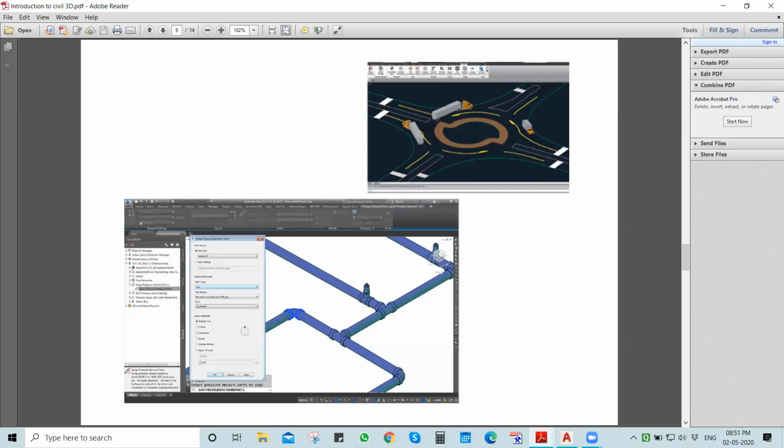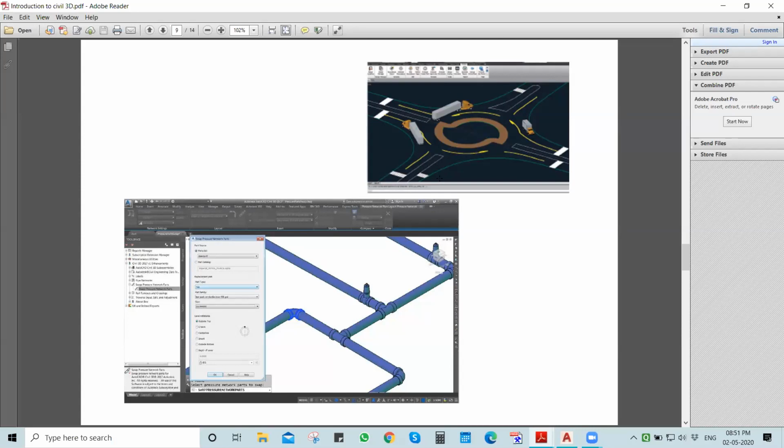With respect to that, we also derive the values using Civil 3D, like how much cut is going to be there, how much fill is going to be there, what the elevations would be for the proposed ground, proposed house, what the slope would be from driveways, from the house building to the end of the road, and what the right of way would be. Survey engineering can be covered in Civil 3D.